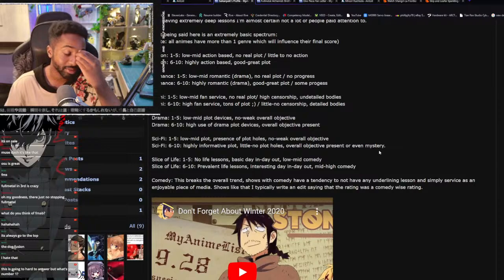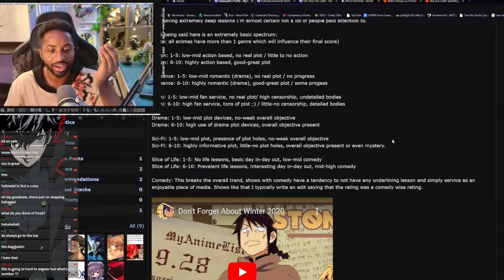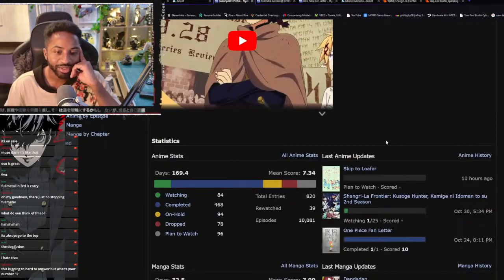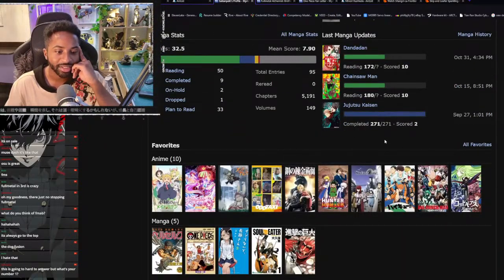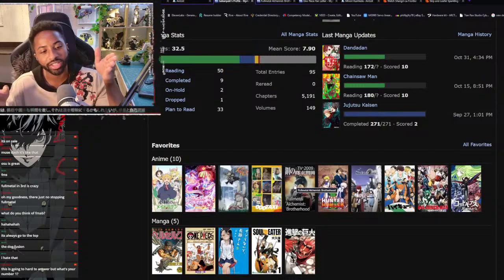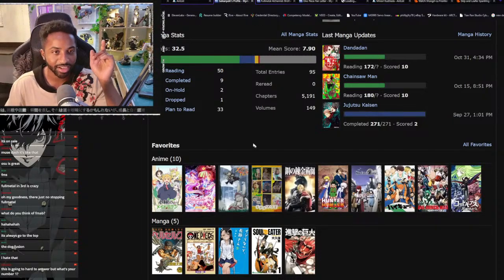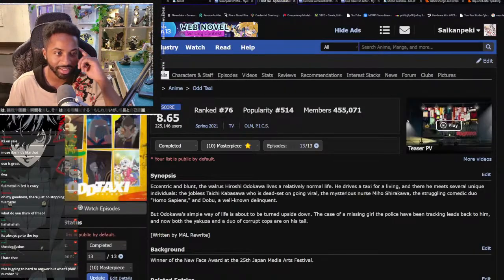One of my favorite comedies is Konosuba, but I can't compare it to anything because I don't think the story is perfect. I don't think it's even close to being perfect. I do have a lot of my favorites here, but the one where the story is constructed the best is Odd Taxi. Odd Taxi is definitely one of my favorites in that regard, but I think all-time favorites,